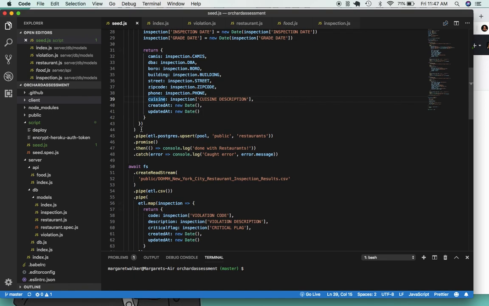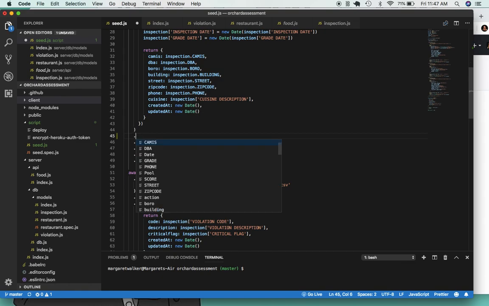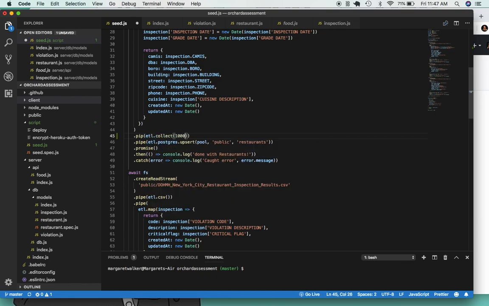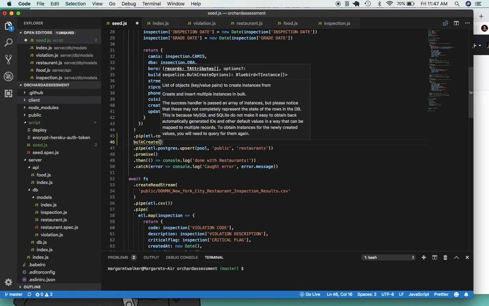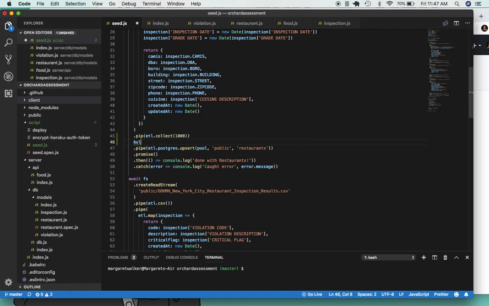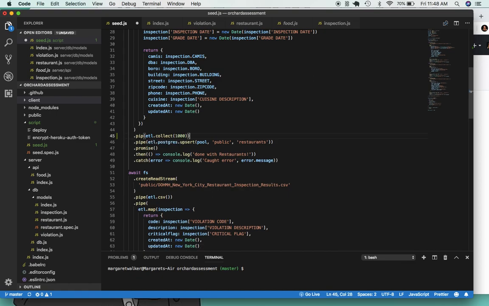And then moving here, how I initially solved this was this library allows you to collect. So you can pipe ETL collect and collect a certain number of entries into packets. So I collected 1,000 entries at a time, and then I was doing a bulk create here, just pseudocoding this in. I would map through those packets and then bulk create 1,000 entries at once. And so that allowed me to manage that back pressure. So instead of trying to bulk create 500,000 entries, we're taking packets of 1,000, one packet at a time, and bulk creating entries in my Postgres database, which actually worked fine, but it wasn't using